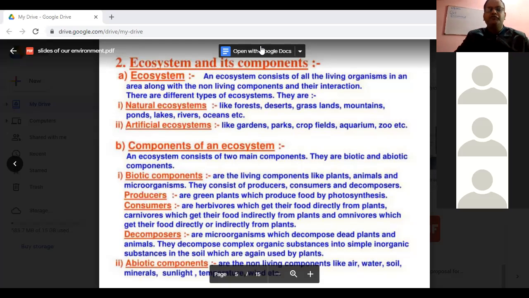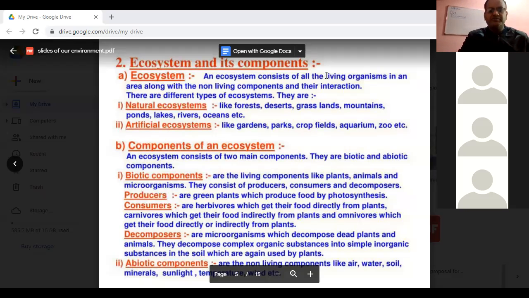Very good. Yes, all of you have given a single word answer, and altogether the same answer, that is yes, dependent. Very good. The living component will not be able to survive in absence of the non-living component. So there is a regular interaction or dependency between the living and the non-living component. So that very particular place of the environment forms an ecosystem.